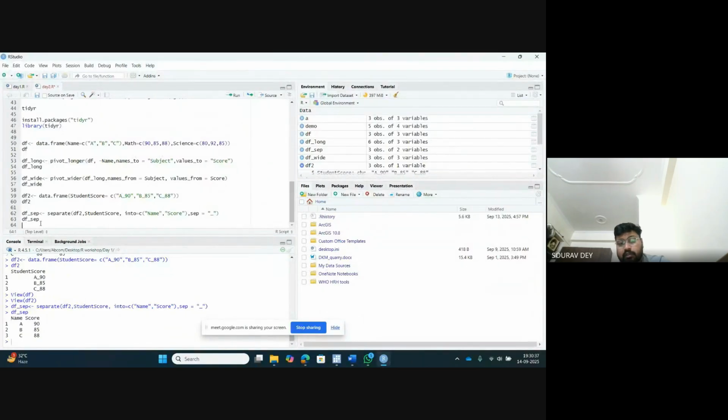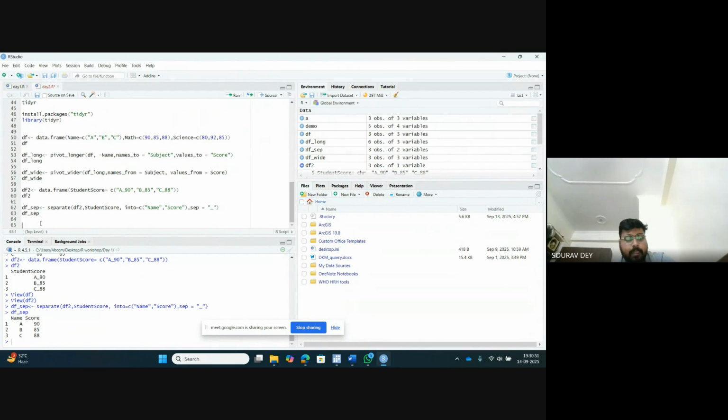Means somewhere you have to give the space, somewhere you have to give the underscore or under space. So it depends on your data. I'm just giving the basic logic here. Okay,